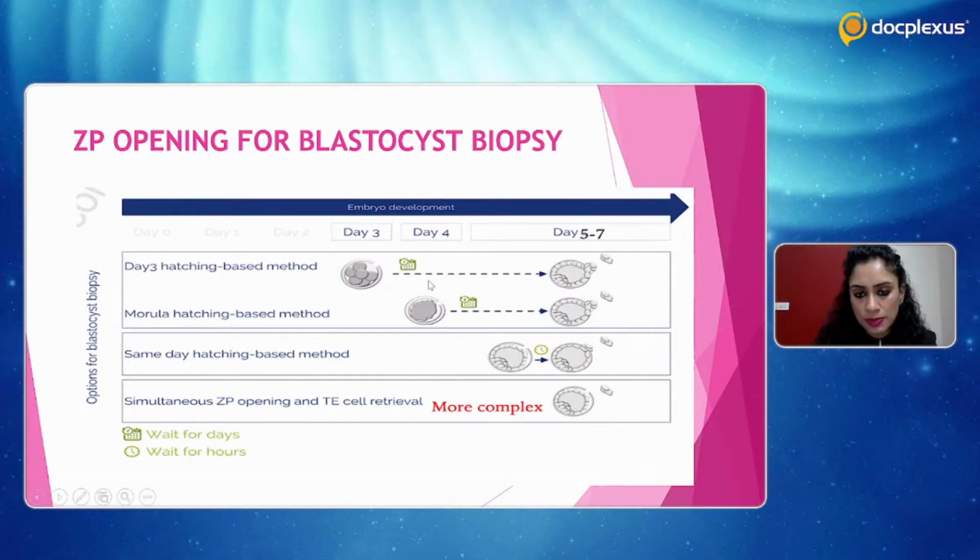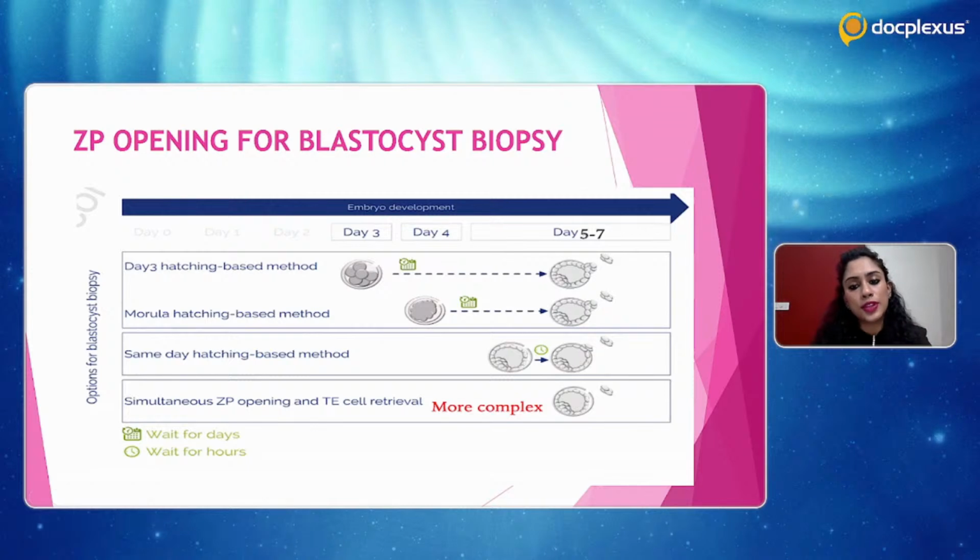After day 3 hatching based method, as well as the morula hatching based method, we conduct the laser hole and then wait for a few days for it to hatch. In the same day hatching based method, we're only waiting for a few hours. And in the last, more complex method, we conduct the opening as well as the trophectoderm cell retrieval at